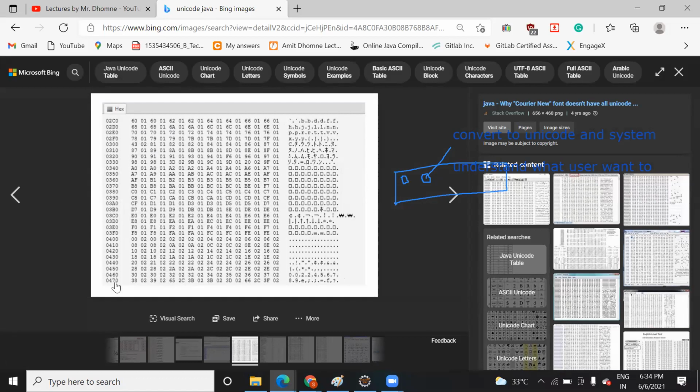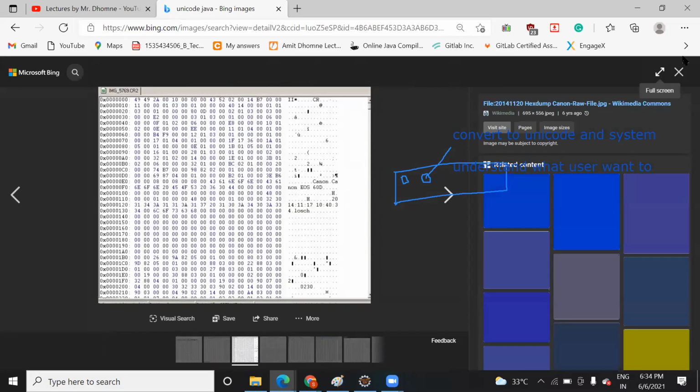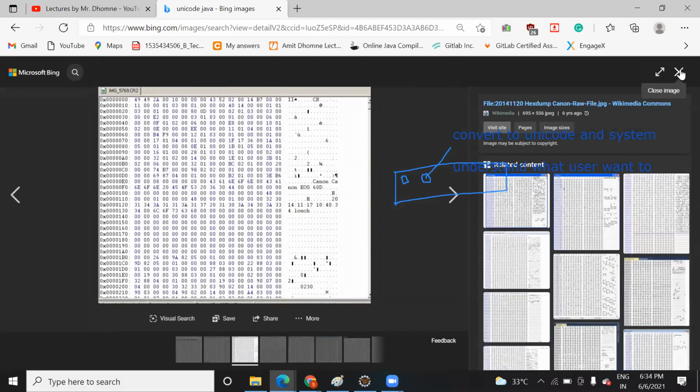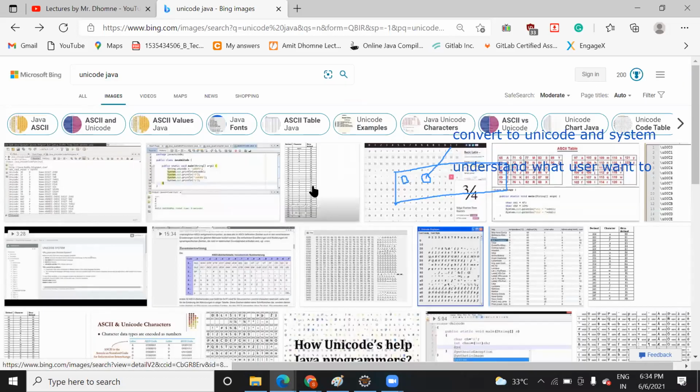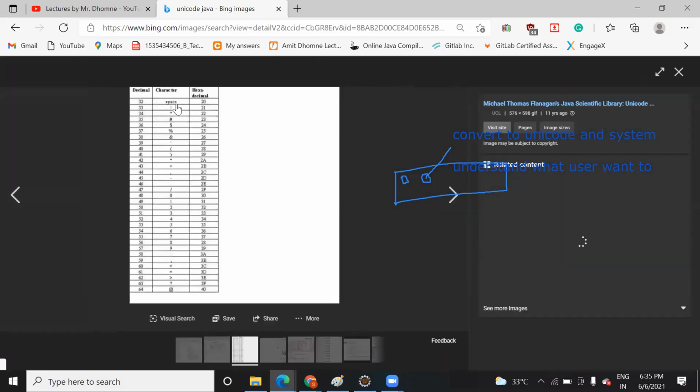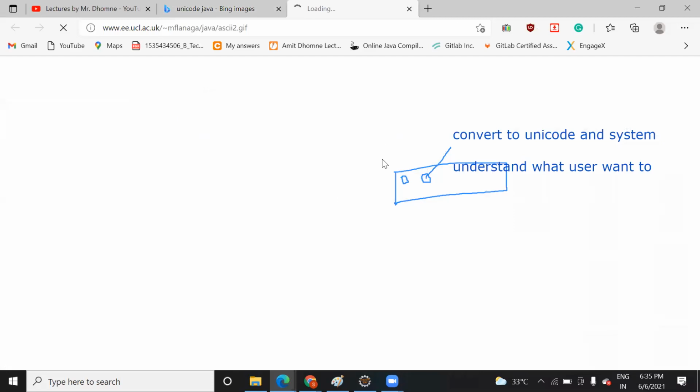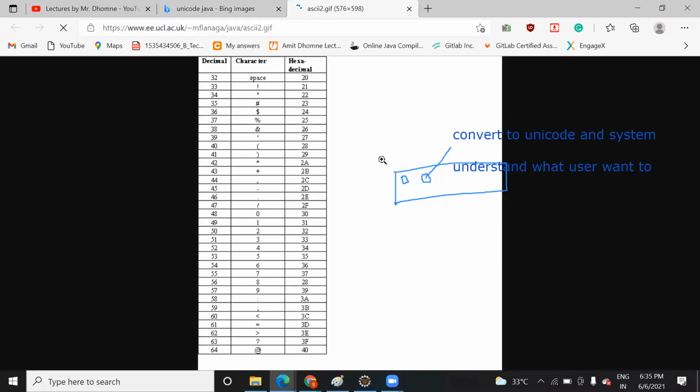These are the different values, 60, 61. These all have a unique representation for every key that we press on the keyboard. You can see this table. So when you press the space button, internally it converts into this 32 or this 20. This is the Unicode value that your system understands.